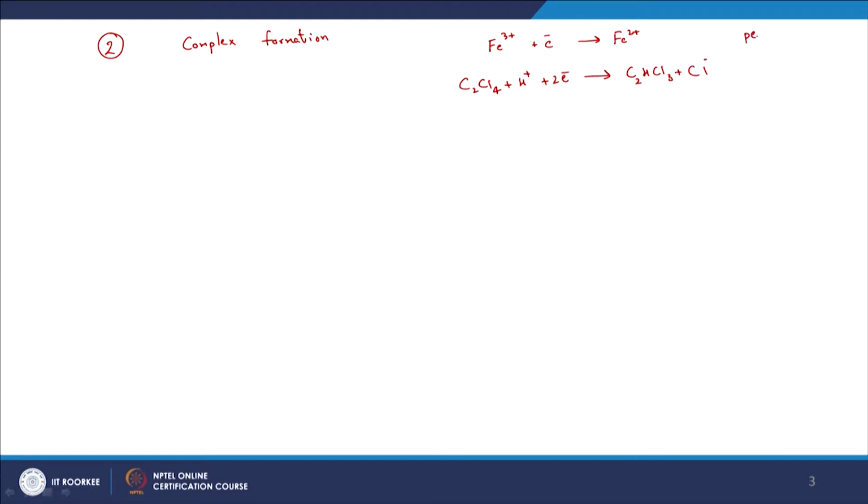And we have the pe naught values to be 13.03, I believe, and pe naught to be 10.84, right? And obviously here with respect to complex formation, it has no effect on either C2Cl4 or C2HCl3 or the relevant other compounds in this half reaction. So the pe, which was 8.84 from the earlier case, is still going to be the same here, right? And so we are going to skip having to recalculate the pe for this particular half reaction